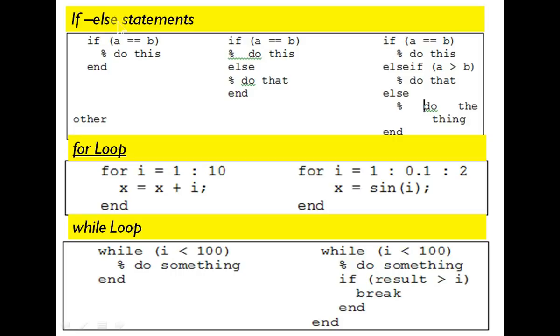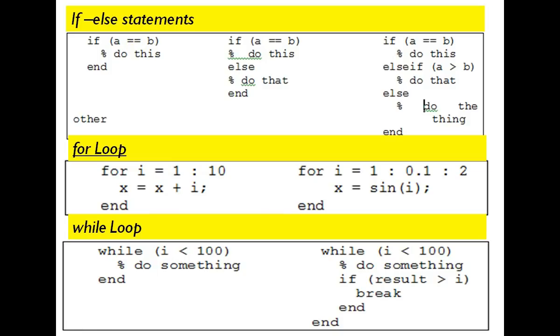We already saw that some relational or conditional operators are there, that is equal to, and, or. So logically when we compare two variables, then some logic is defined, either it is equal to, greater than, less than. So we need to get the outcome of that comparison. Our first statement is the if statement. If we are giving some condition here, in brackets we have to define one condition, that is a comparison between two. So the condition may be equal to, less than equal to, greater than equal to, not equal to.